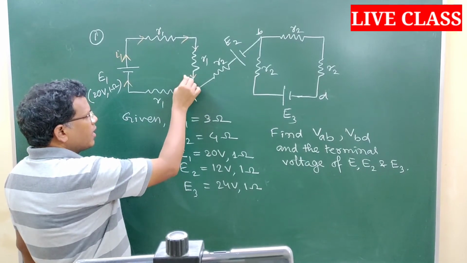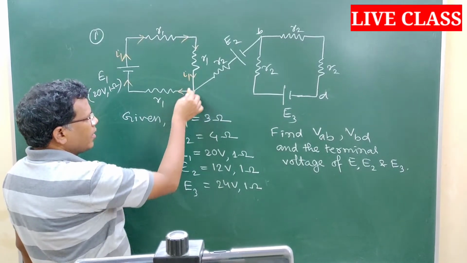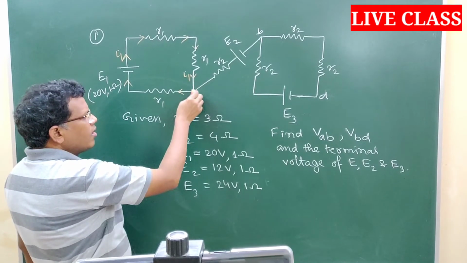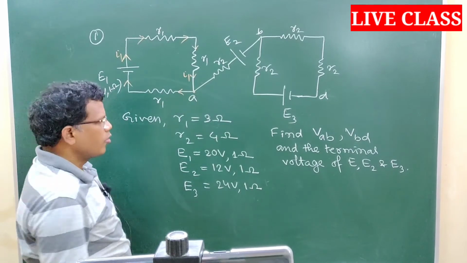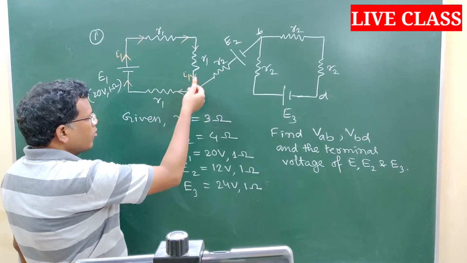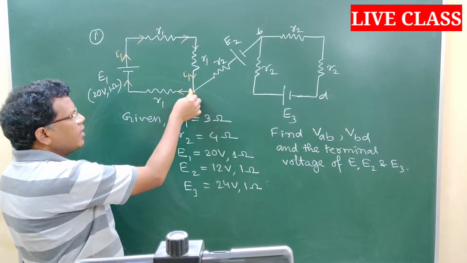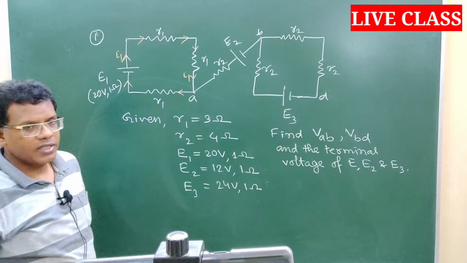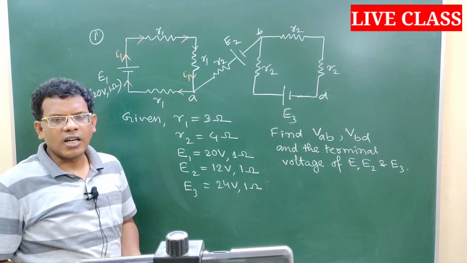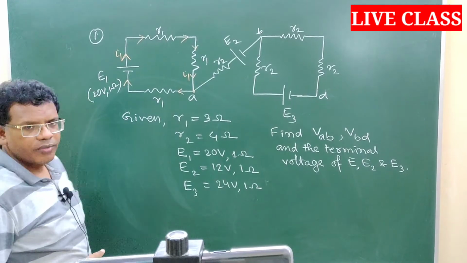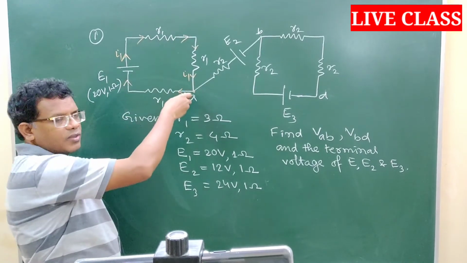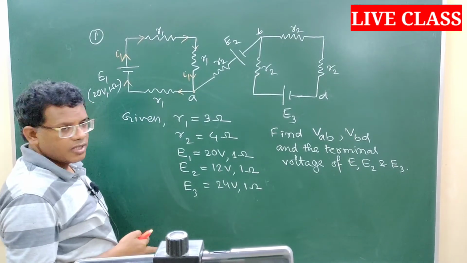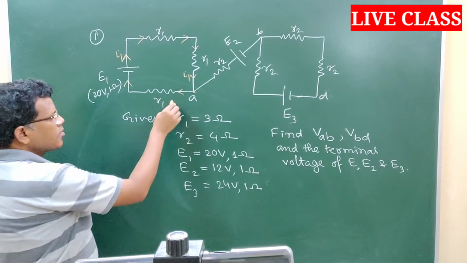Though the junction rule is applicable here, the current coming from this point reaching A, you may think that current can split at this junction, going partly this way and the rest of it. Then what happens if I1 splits here at this point? The amount of current coming back to the battery will be lesser, so charge cannot remain conserved. Whatever charge flows out, we would be returning a lesser amount of charge. So that is not permissible.